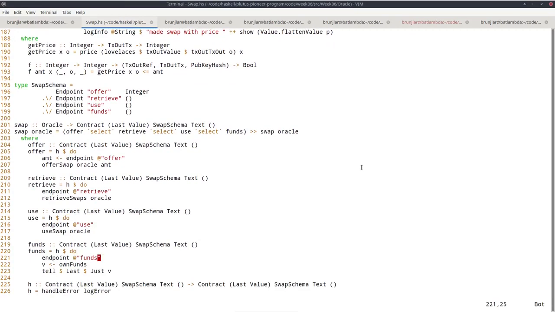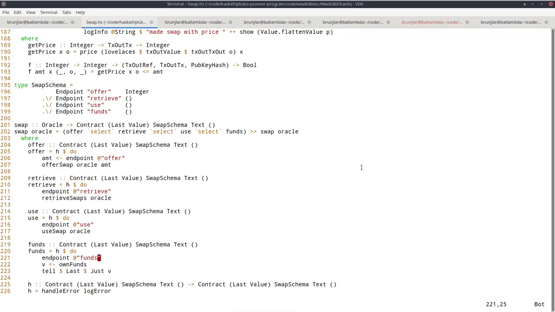Again, this own funds comes from the module we haven't looked at yet, the funds module. But what this does is, ignore the H for a second, that's just an error handler, which I, by the way, use everywhere, so I must explain that anyway. So this blocks until this endpoint is invoked.